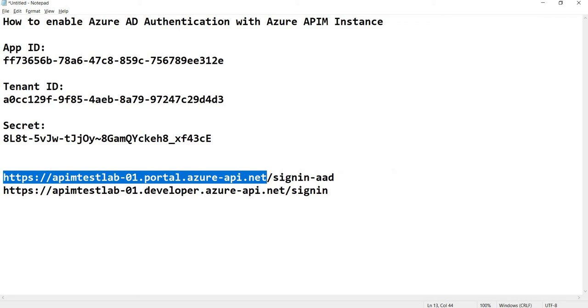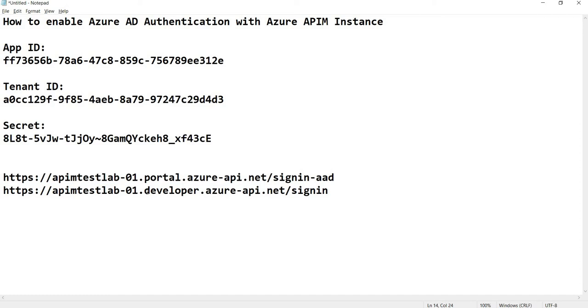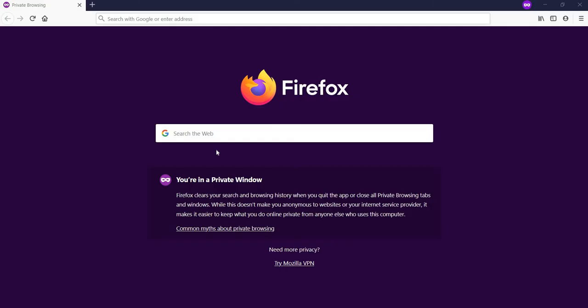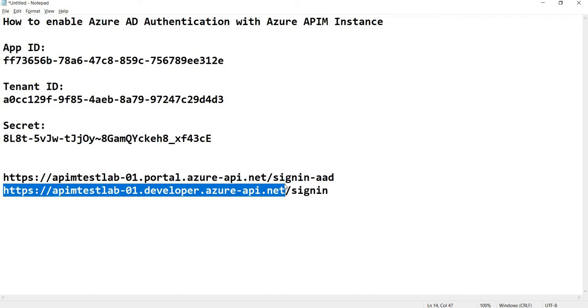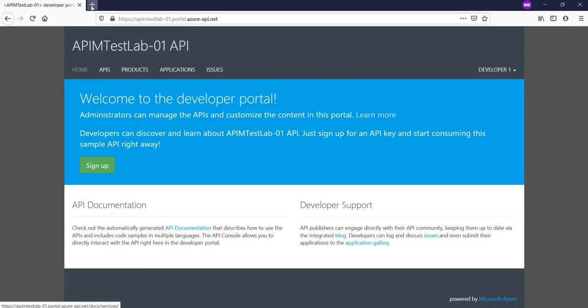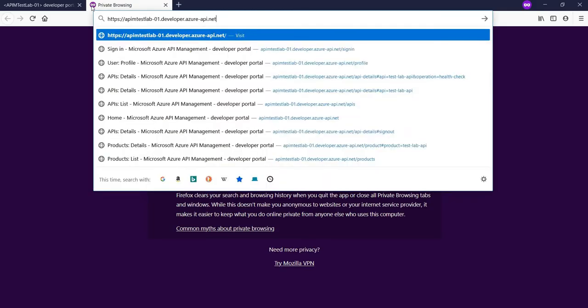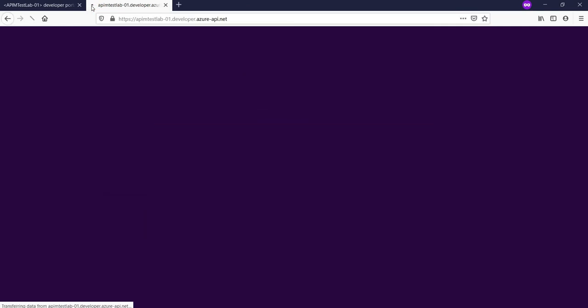It is a legacy portal. It is a developer portal. So let me open these URLs. This is legacy. Legacy portal has been opened. This is a developer portal which a company can customize.